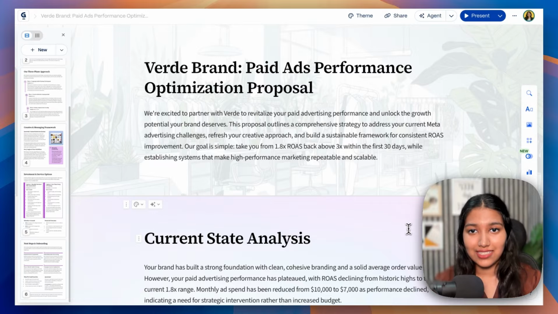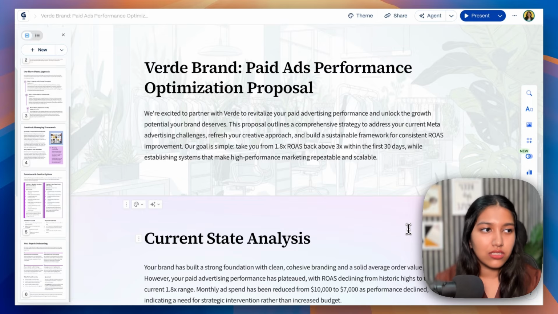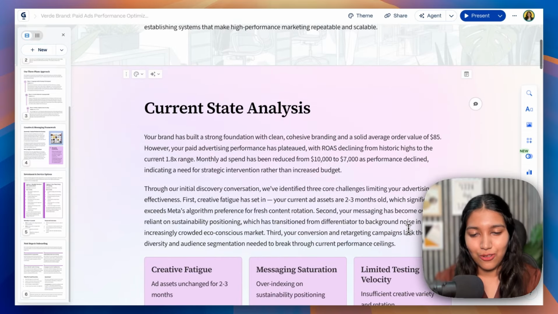See, we all generate these types of proposals, these types of documents all the time, but it never crosses our mind that we can even use a tool like Gamma to generate these, because at the back of our head, we always think of it as a presentation tool and not a document generator or a web page designer, etc. But I really wanted to take this out as one of the use cases because I personally feel this really needs more attention because it is just so good at generating these documents.